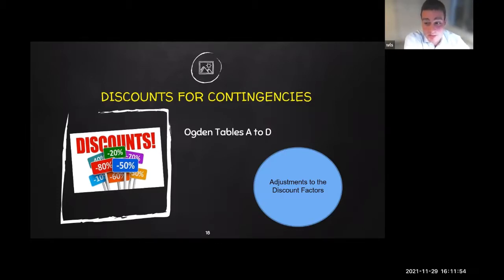I put there a little reminder to myself about adjustments to the suggested discount factors. That's a whole talk in itself, so I won't go into any details there, but occasionally you can persuade a court that the discount factor that's suggested in the tables is either too high or too low. And what you need to do is establish good reasons for that, not just because you don't think they should apply, but because, for example, the claimant had been in a job for 10 years and never taken a day off work. It was a sedentary role, and it's very unlikely that they wouldn't be able to perform it in the future. And it's a very safe environment where there's not so much changeover of staff or a risk of